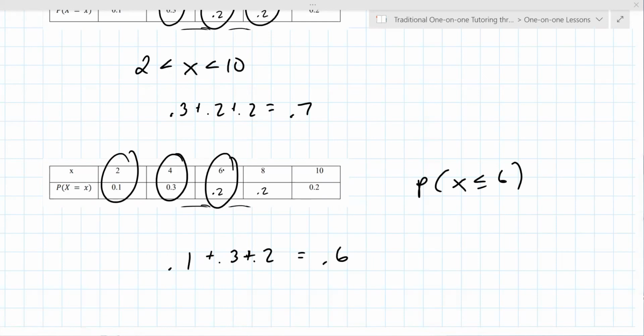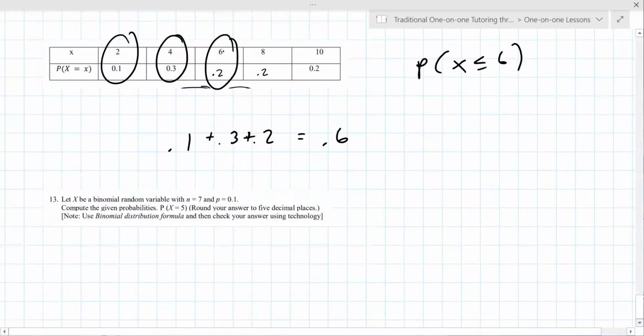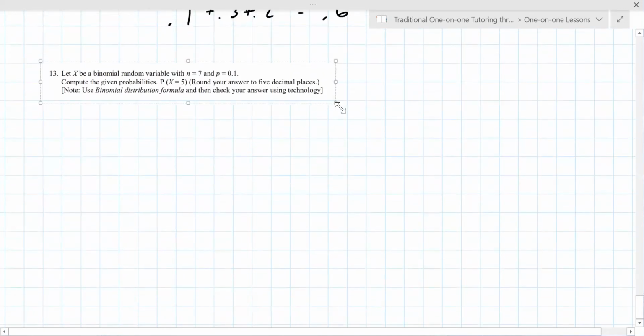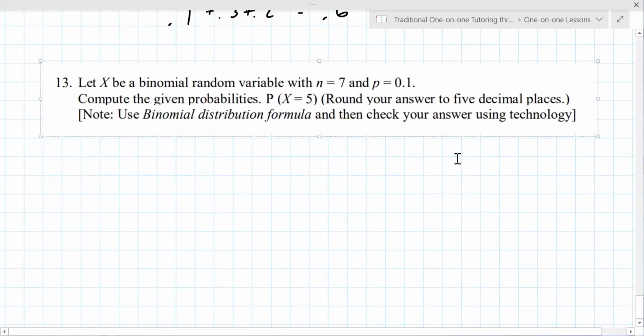All right, 13 is where we probably go to the calculator. So if you're ready, we can move to that. Yes, perfect. So pay attention to decimal places on your exam. This one says 5 for some reason. On your calculator, you're going to do a binomial